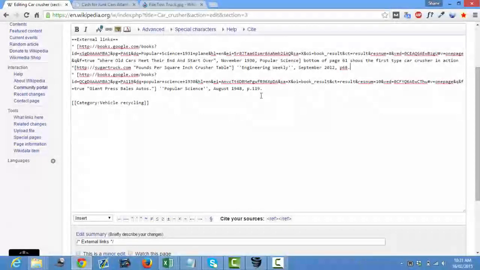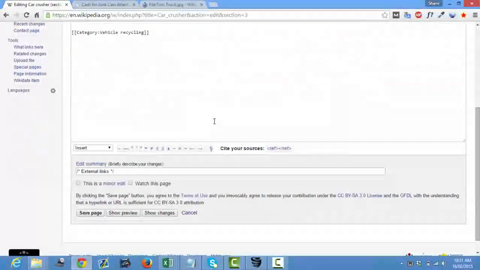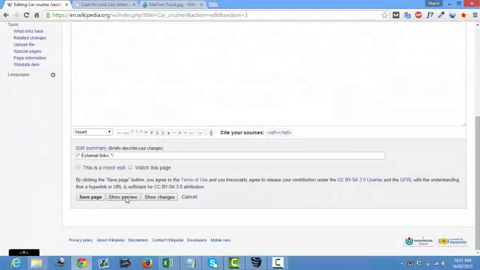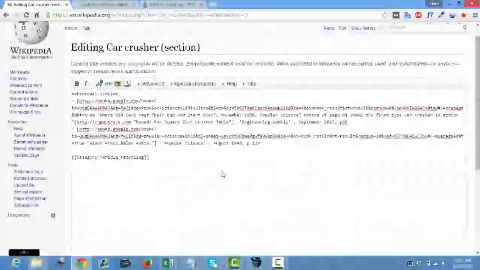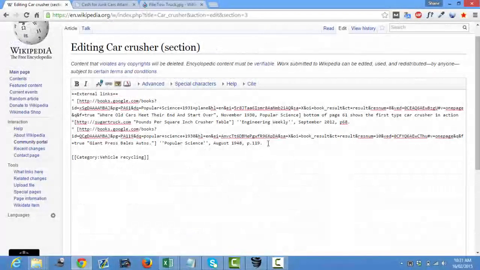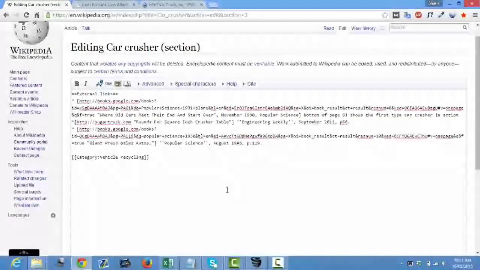Just copy, paste it underneath, and then just change the particulars to match your money site link and the anchor text that you want. So that's another reason why, again, make sure you do show preview before you save the page, just so you can see that it does appear as you want it to appear and that you haven't made a mistake.